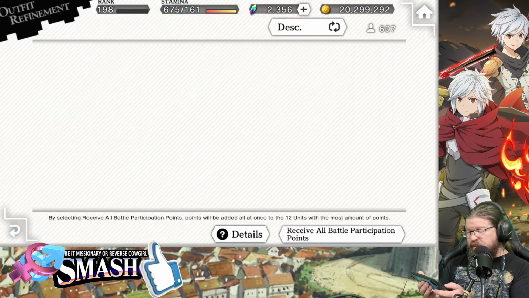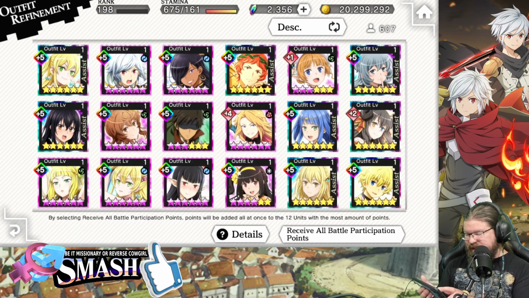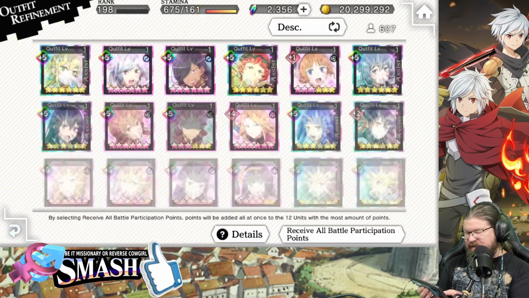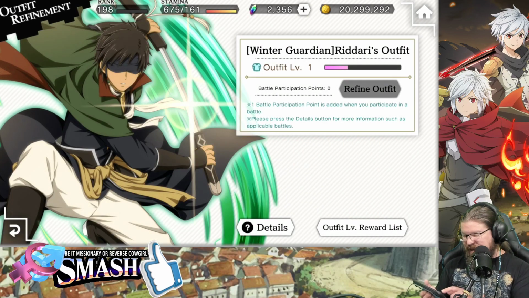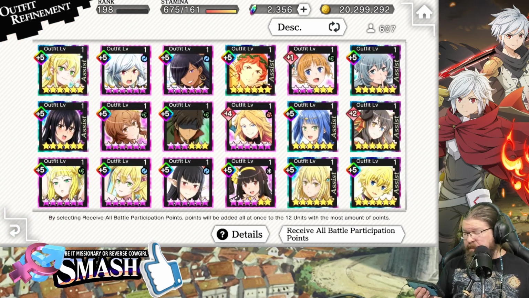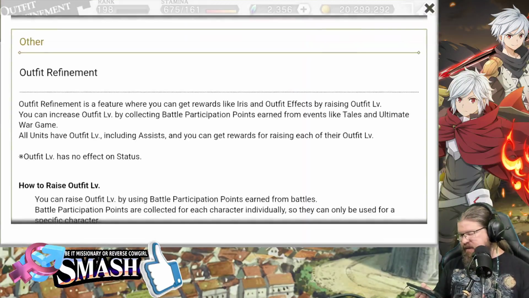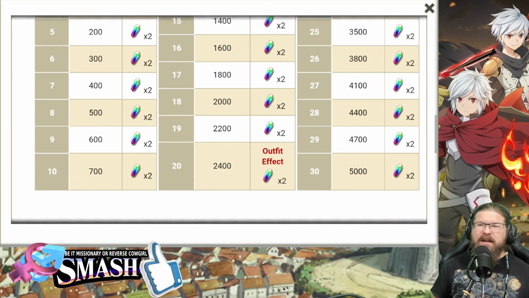Because I have so few points, I've fought only a handful of fights, done a few war games and things like that. So here's all the units that I've been using in war games, Undertale, Skira, Tales, and things like that. So, yeah, pretty straightforward stuff. I am a little, not disappointed, just shocked that there's no real, major effect to your